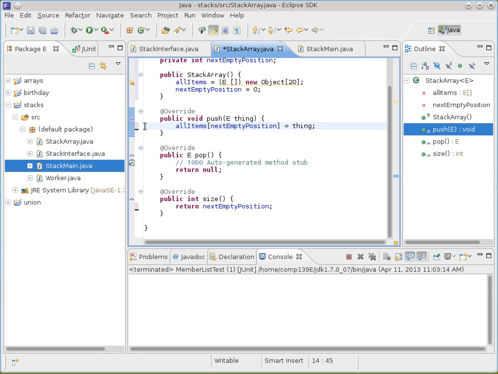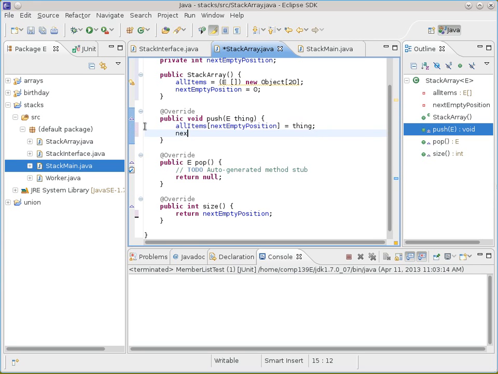You want to add it afterwards? It needs to move one downwards. Does this start to sound like object list? It should, because it's exactly the same thing we did for object list. It's just a more restrictive way of handling an array. So it's going to be almost exactly the same code, next empty position